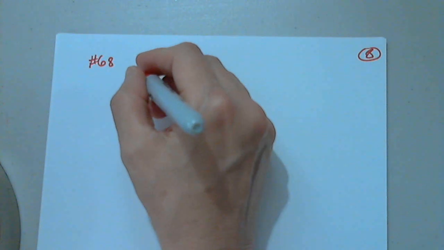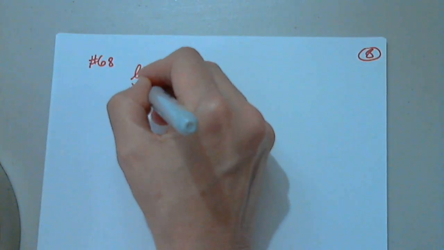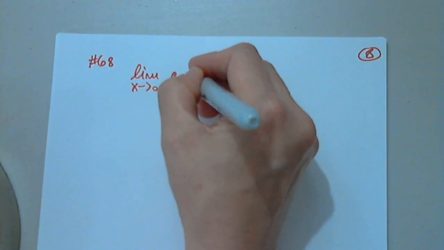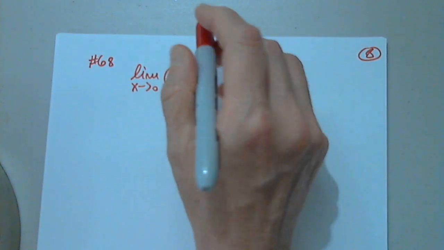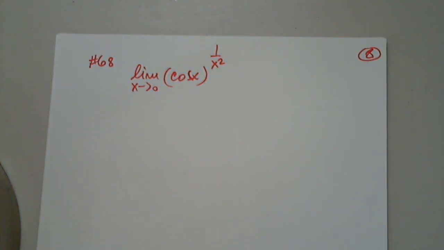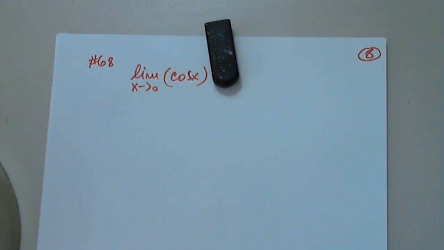And in 68, we have the limit as x approaches 0 of cosine x to the power 1 over x squared. Perfect. Great. Good. So first we have to plug it in. Where is cosine going? Careful, when x approaches 0, cosine is going to